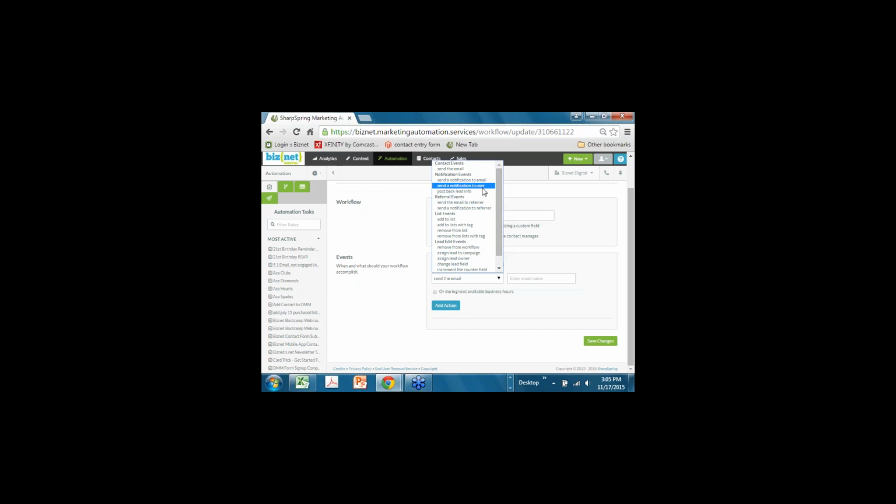What's most often used is sending the emails or sending a notification email. I'll show you an example of what a notification email can be used for in a moment. But let's say I had a thank you email from Alyssa in response to somebody doing all the things we identified in the past. Somebody filled out the form, they came from that email, and they're owned by Alyssa. So I composed an email from Alyssa saying thank you. I could then,